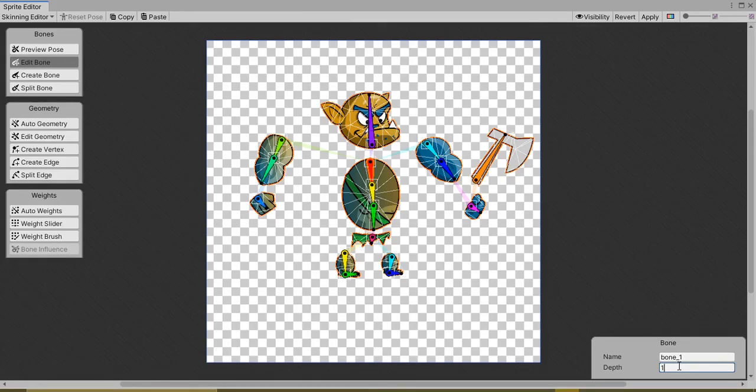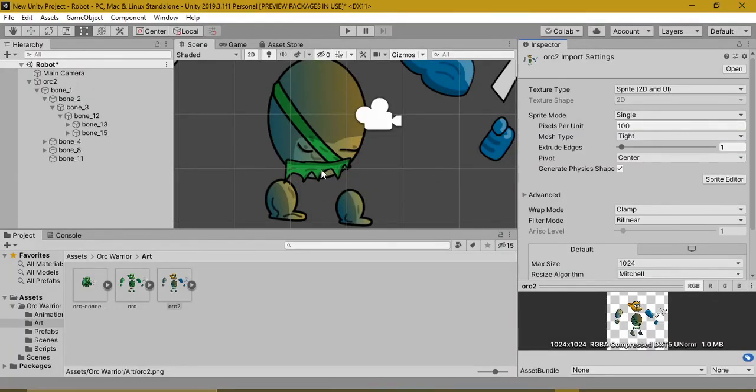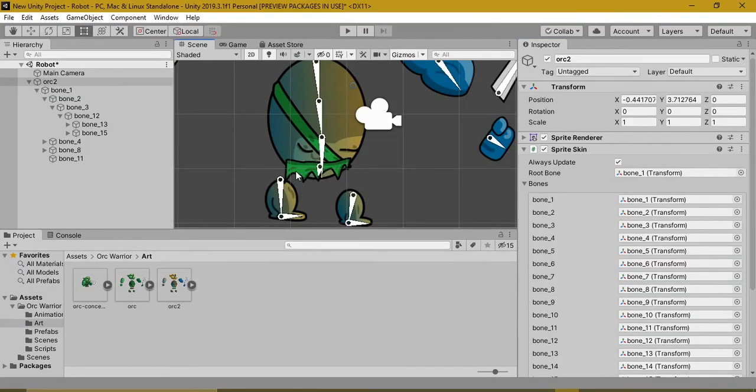For this I'll put 1 and 2 for this, 1 for this, and 1 for this. I'll apply and close. So now his clothes came on top of his body now.